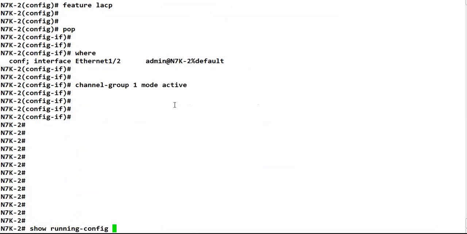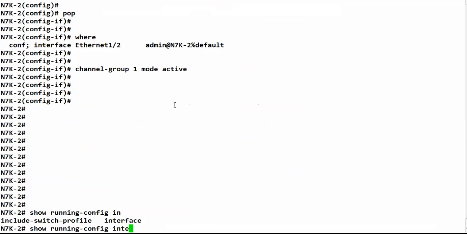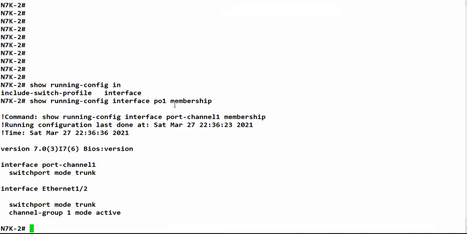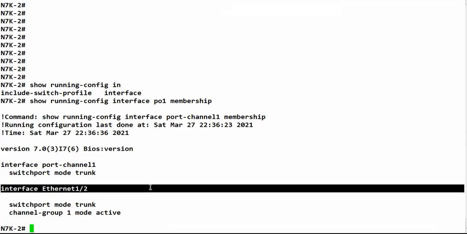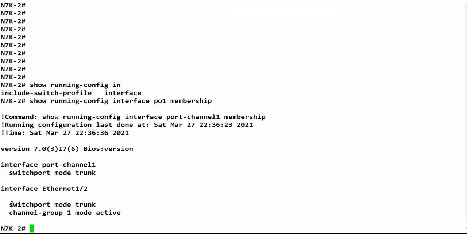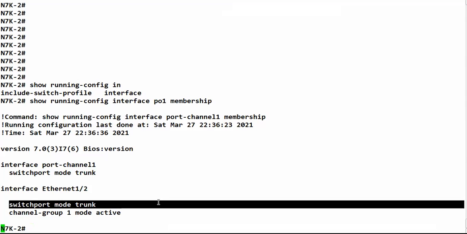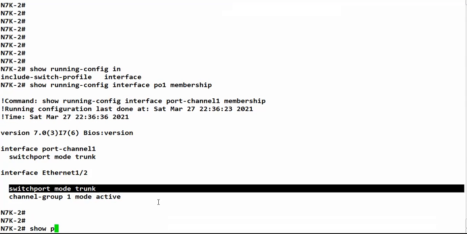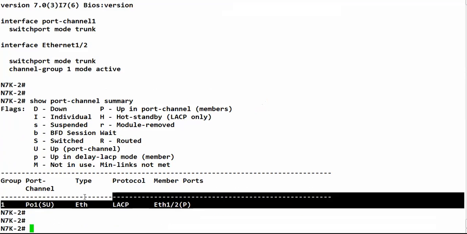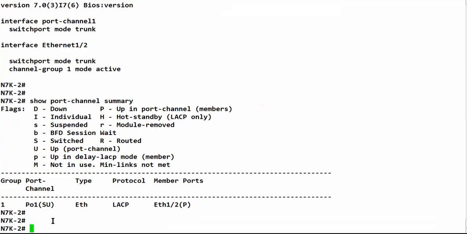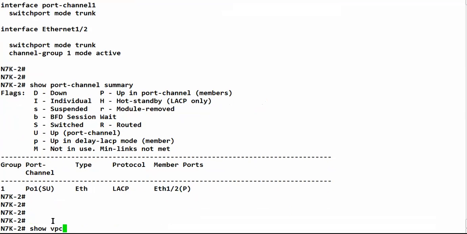If I type show run interface port channel 1 membership, into the port channel 1, how many ports are we using? We are using only one port. Okay, so if I do a show port channel summary, we can see that our port channel is up. If I do a show VPC now,